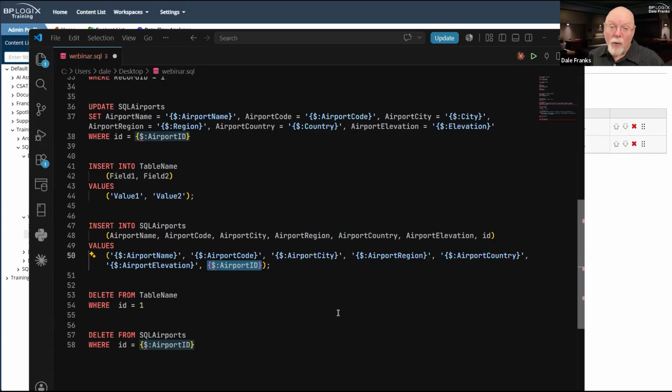I'm going to live with it here in this case, but you cannot really do that for your end users in Process Director because they are not going to have a clue what the proper airport ID should be whenever they are creating the record.